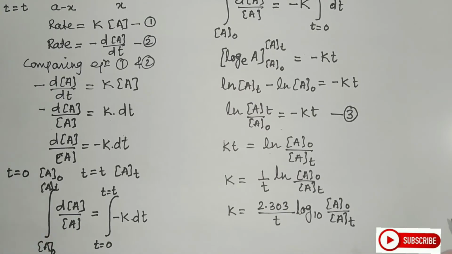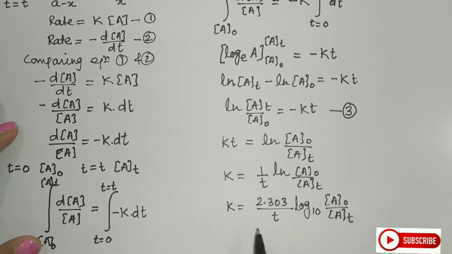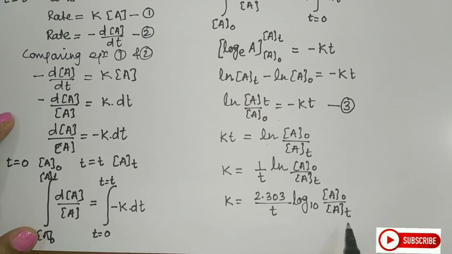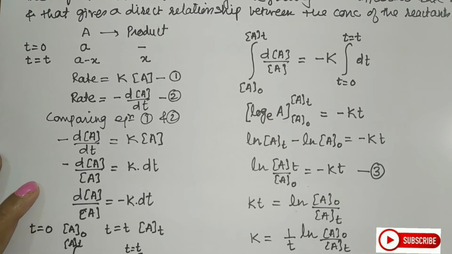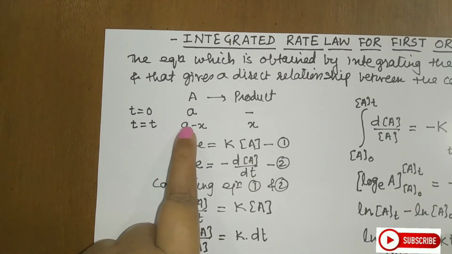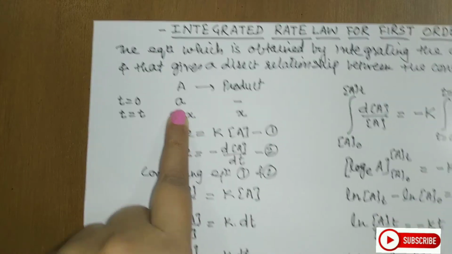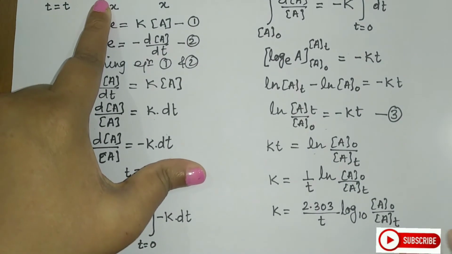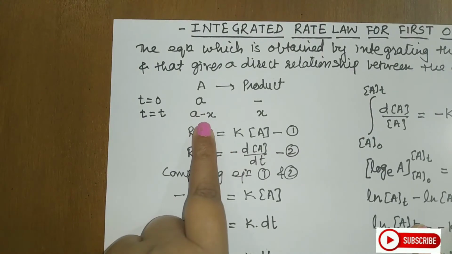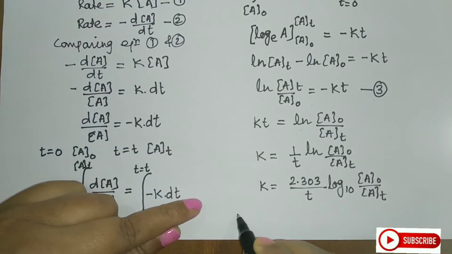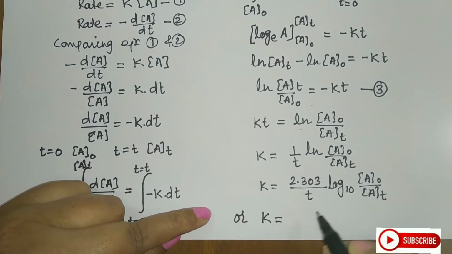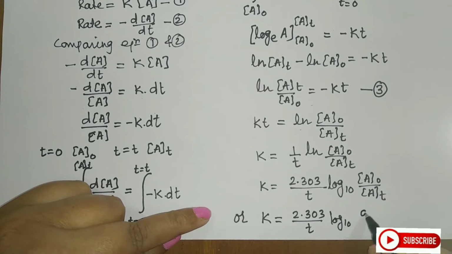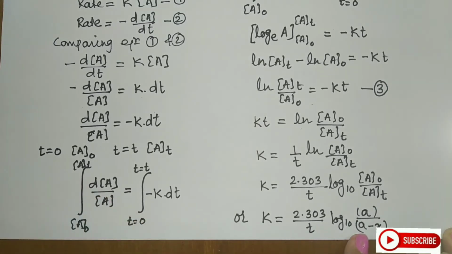So this is the derivation for the integrated rate law for first order reaction. Now students, let us understand what the particular terms are, but before going into that, if you see, this is the initial concentration. Here the initial concentration we have taken as A, and this is At, the concentration which is left after time t. So it is here A minus x. So we can have one more form of the equation, that is k is equal to 2.303 upon t log to the base 10 of A upon A minus x. So in this way also you can show the equation.